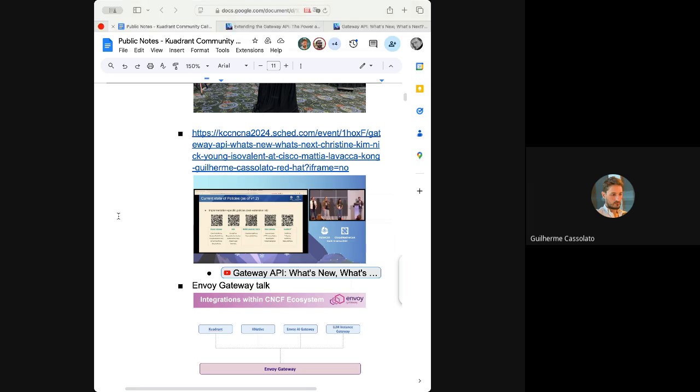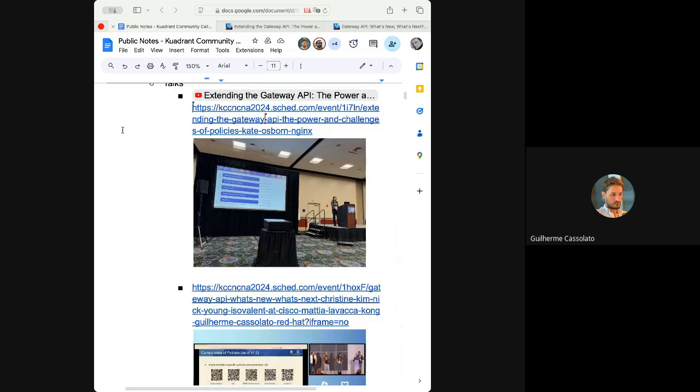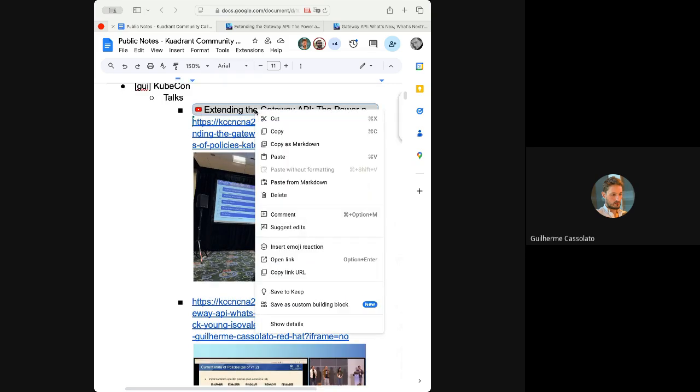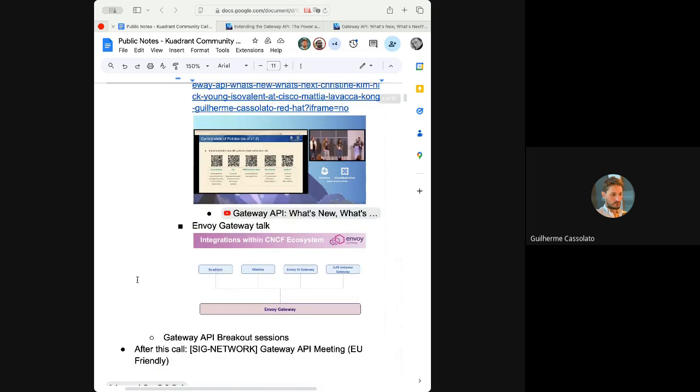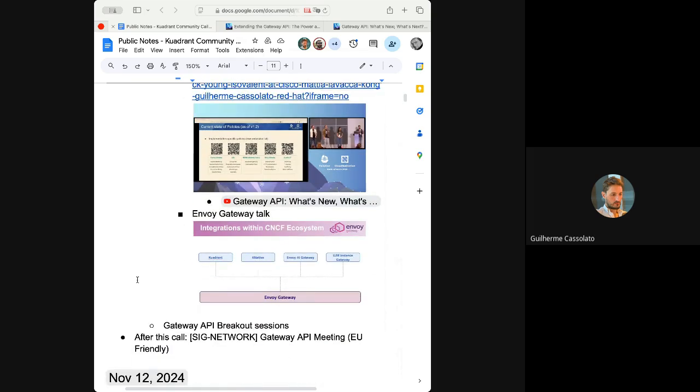and that was the opportunity to mention Kuadrant and our kinds of policies. But I also heard afterwards that the other talks also mentioned Kuadrant, right? For example, Envoy Gateway also mentioned us. So anyway, I think it was a big success for Kuadrant in general, for policies, which leads us to